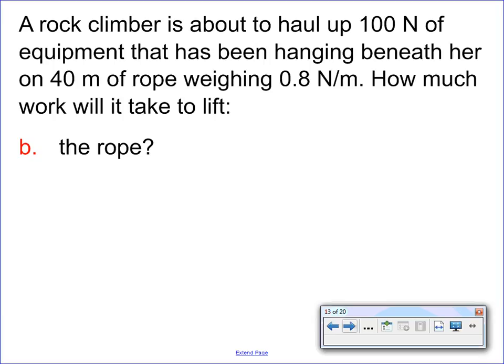Yeah, absolutely. And so, in the beginning, you're pulling 40 meters worth of that rope up. It's going to weigh more, because you're lifting more rope. Then, as you get towards the end, there's less and less rope. Well, it'll be easier to pull up. You'll require less force as you get towards the end of the distance that you're pulling the rope through. So, is this constant or variable force? This one is variable